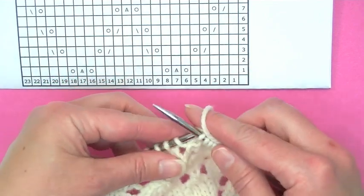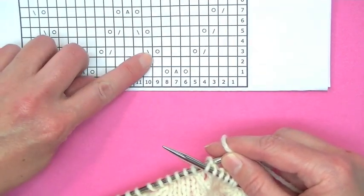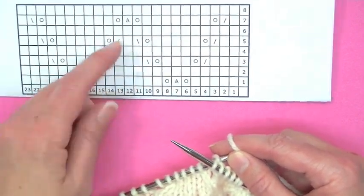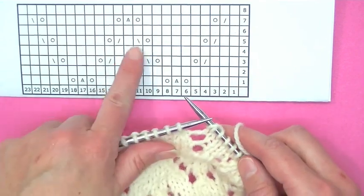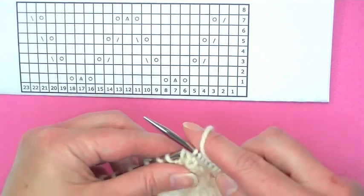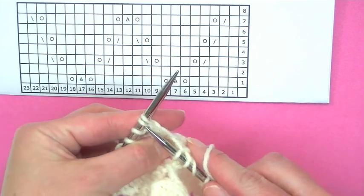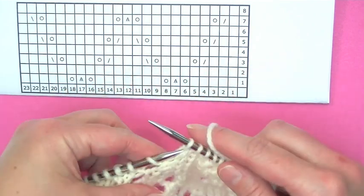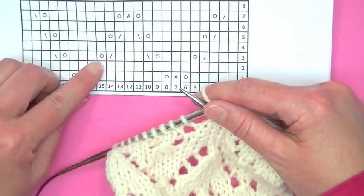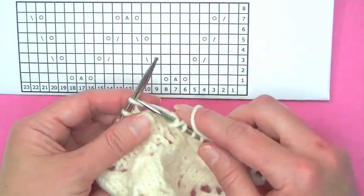So we're going to continue over, and here's our yarn over, and this is from the previous row, so the stitch right above, and then we're going to have another yarn over directly next to that, and then we're going to have a slip knit. We will knit 1, and then we have a knit 2 together, and there's that yarn over. So the yarn over there's the yarn over here, and the yarn over is from down here, so the yarn over is going to go right there. Then we're going to knit 5,